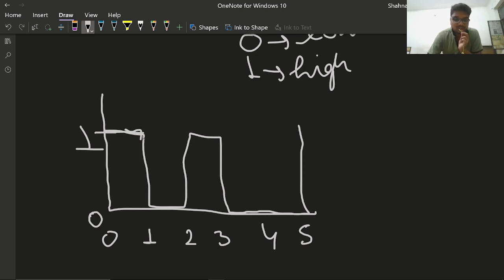See, this is the signal. From time 1 to 2 seconds, the signal was low. Then from time 2 to 3, it was again high. Then from 3rd to 5th second, it was low. Then the operation ended and the signal waveform is over.